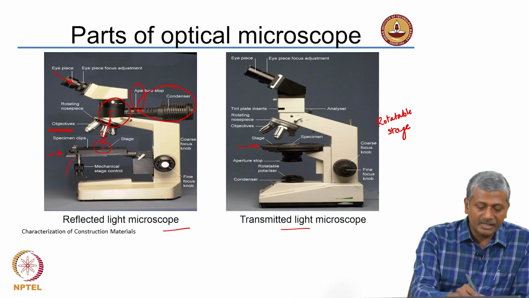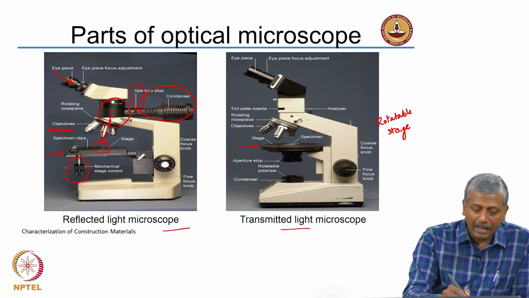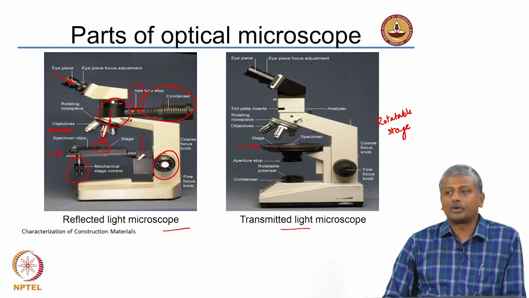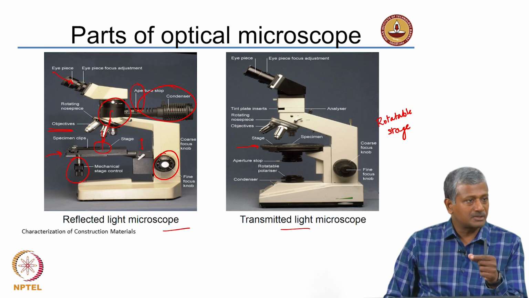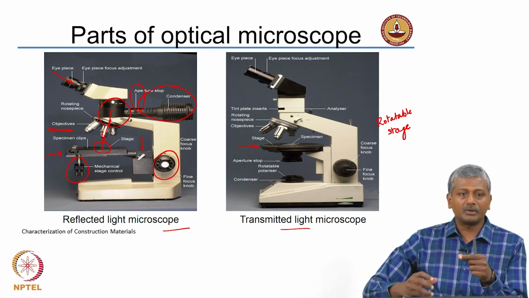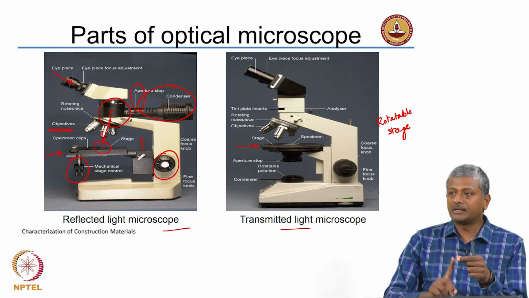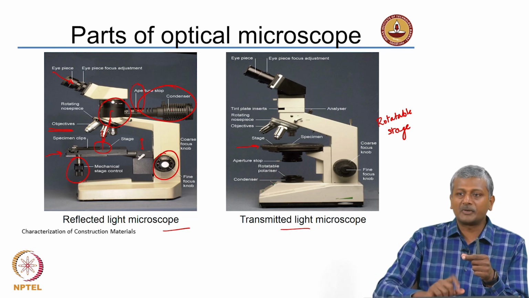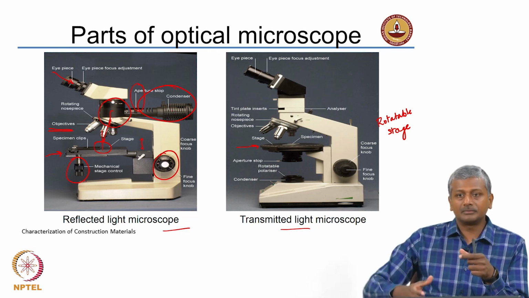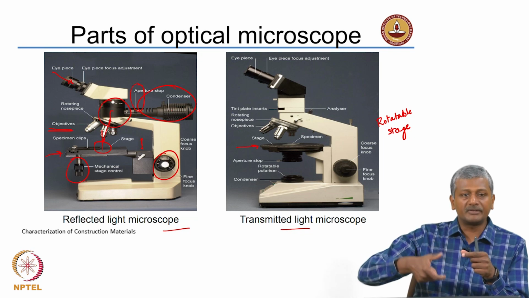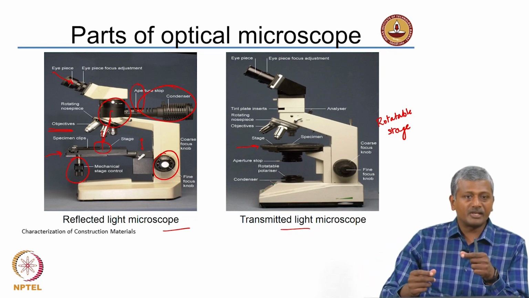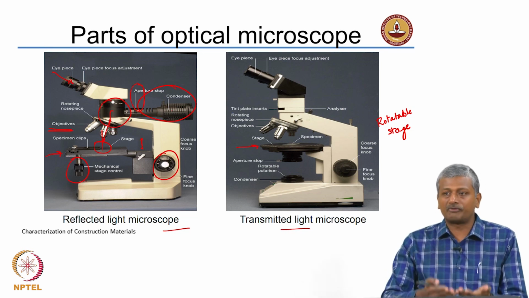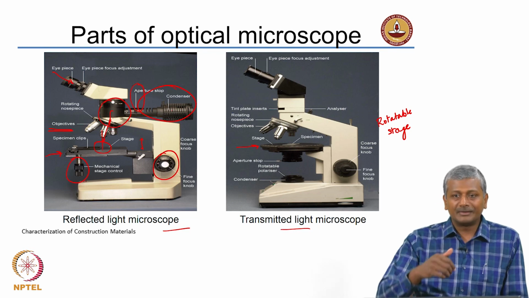Of course, you can control the stage mechanically, and you can control the up and down movement of the stage using this knob here, and that is nothing but the focus knob. Okay. So, for a specific objective lens, moving the stage up or down is going to change the working distance, the distance between the specimen and the objective lens, okay, and that is basically the adjustment to the focus. When you move in larger increments, that is called the coarse focus. When you move in very small increments, it is called the fine focus. Okay. So, you need to move the object closer or farther away from the objective lens to get a focus on the object.